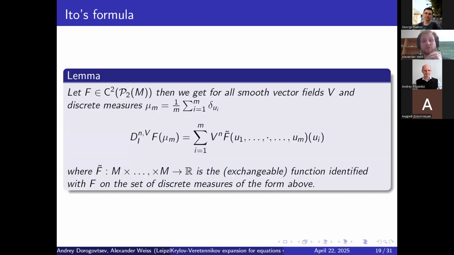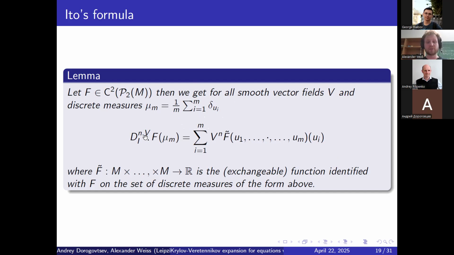Then, in order to prove many of our results, let me mention that whenever we have such a function which is C2 with respect to the Wasserstein space, we can actually look at this function, if we only plug in a discrete measure, as a function from the product space of M. And whenever it is intrinsically differentiable, then it is also differentiable in the usual sense, and we have the following formula. Sorry, this shouldn't be a 2, it should be an n here.